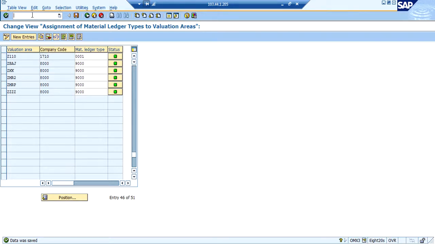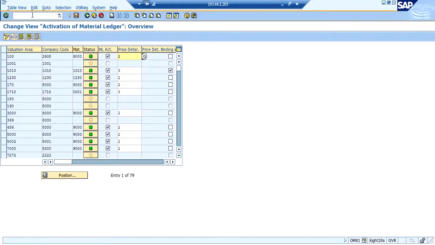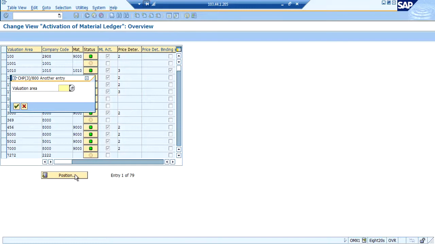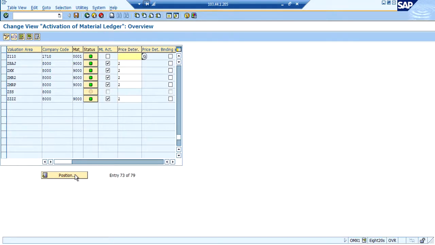Once this is done, we have to execute transaction OMX1. Here we have to see for our valuation area whether price determination is maintained or not. It is not yet maintained.